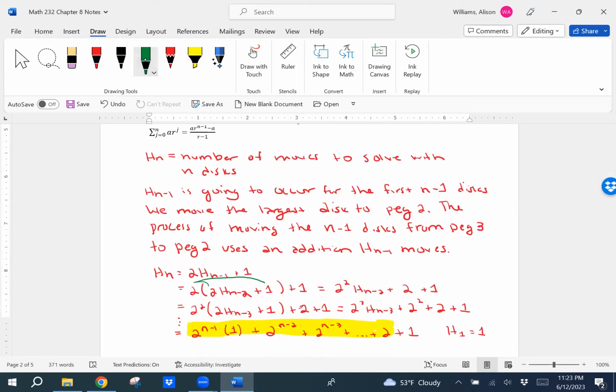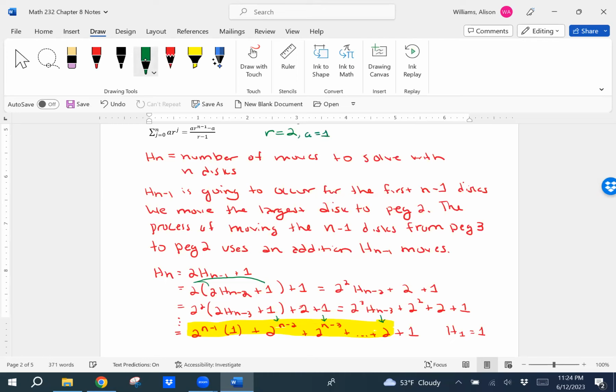In this case, R is 2, because we're multiplying by 2 each time. And the buildup starts from here. So this is the first term, and then the second term, and then the third term, and so on, building up from the term on the right. So R equals 2, and A is going to be 1,